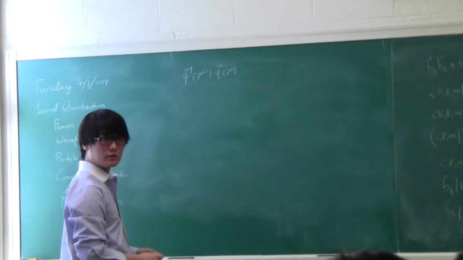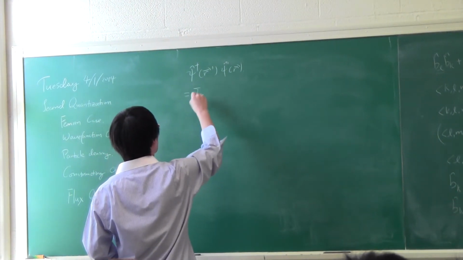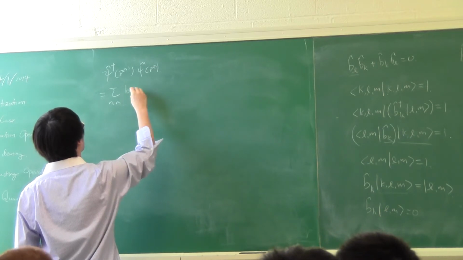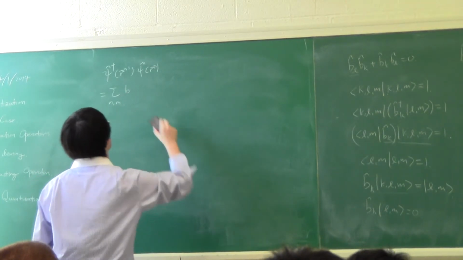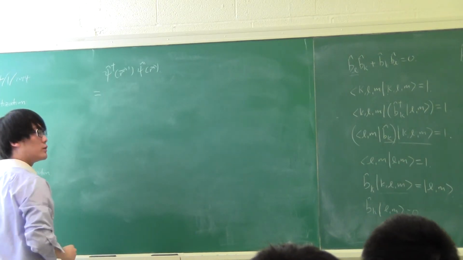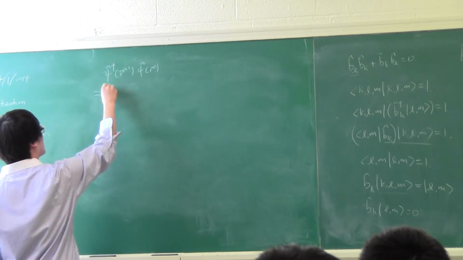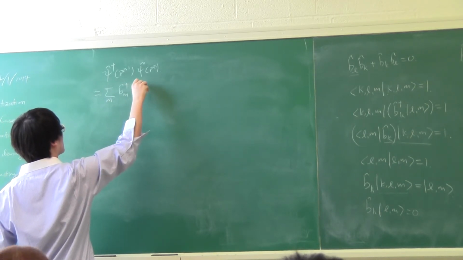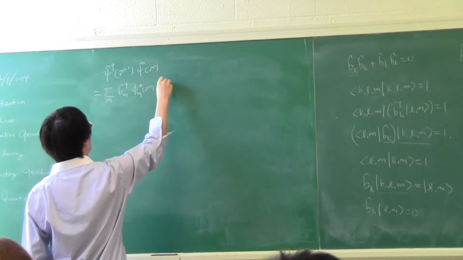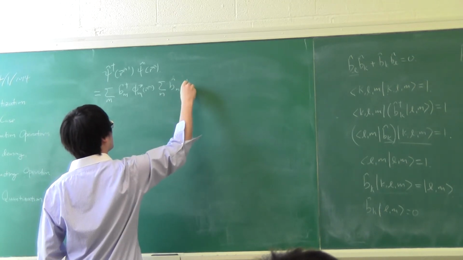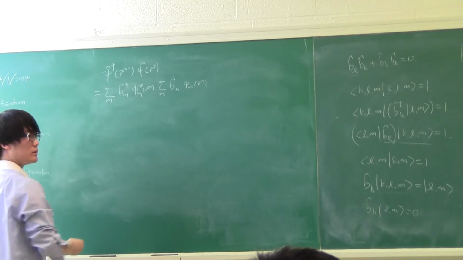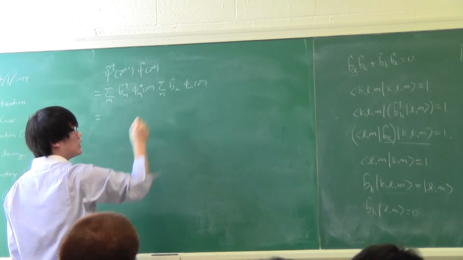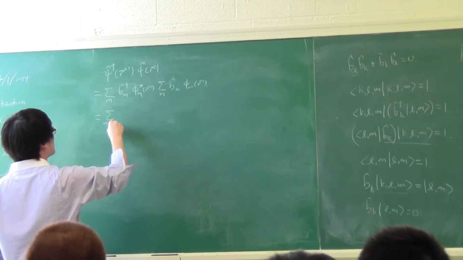Just writing out the product explicitly, let's use the index m. So we have b, let me write this with more care, because the order of the operators matters. So let's change this to the one with m: b m dagger phi m. And the other one with n. Correct? Now these functions can be freely moved around, but we just need to respect the order of these operators. So combining the summation, we have